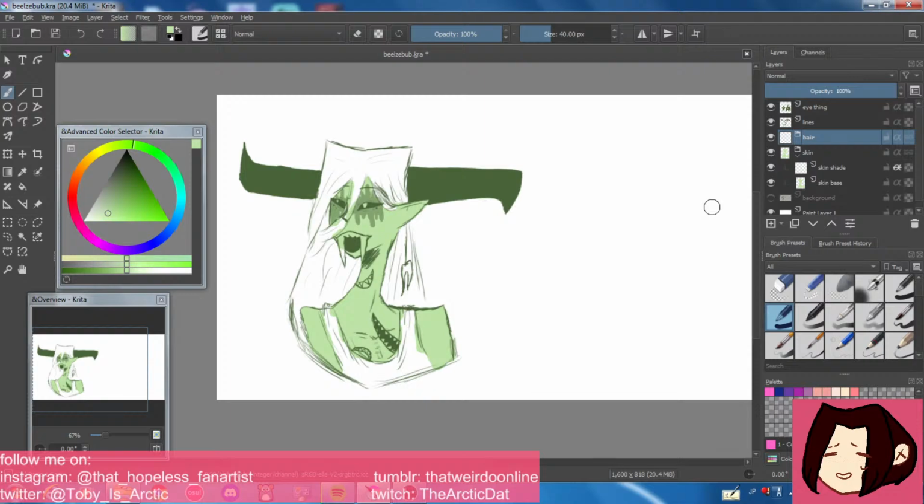And also in the background is a gray so that I can use the fill bucket tool on the hair. And also,